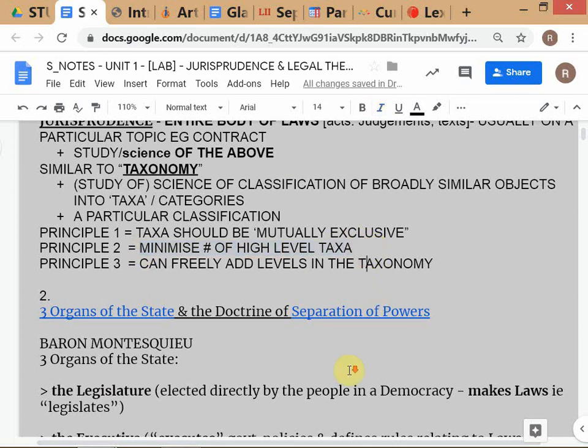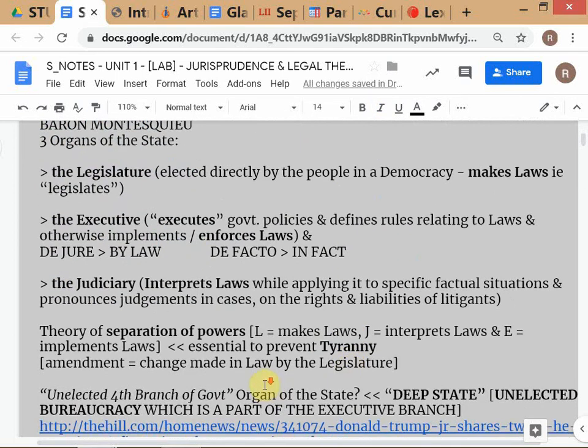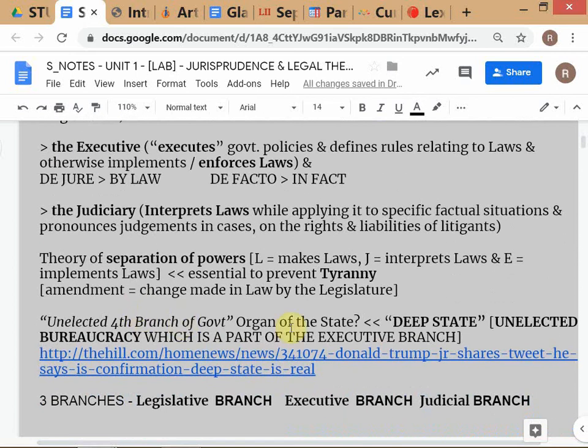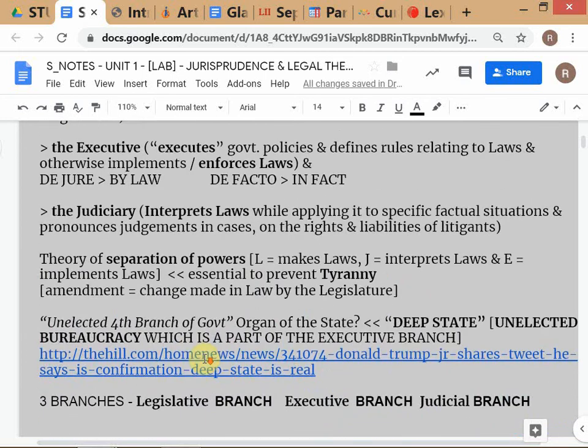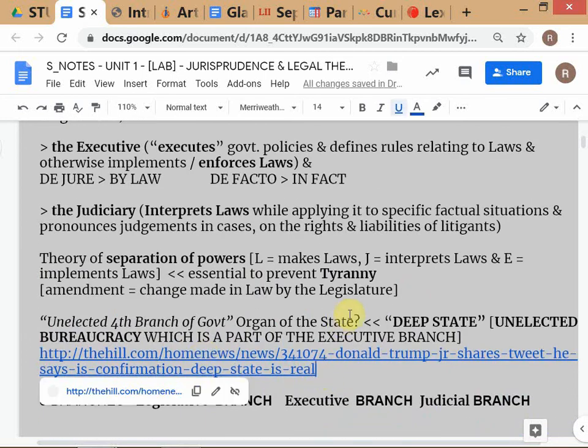So when something can be put inside the executive branch, you don't create a separate category for it, because in any case these are part of the executive branch. Are you following this idea? Okay, so very good point that she made in the other class. All right. But in the US they have started referring to this as the unelected fourth branch of government. That's why I've used this term. But it is actually part of the executive branch, which has two types of entities.